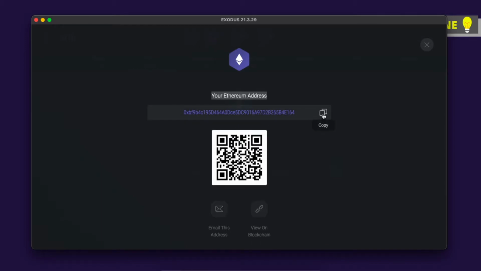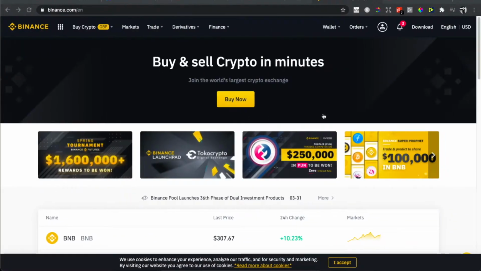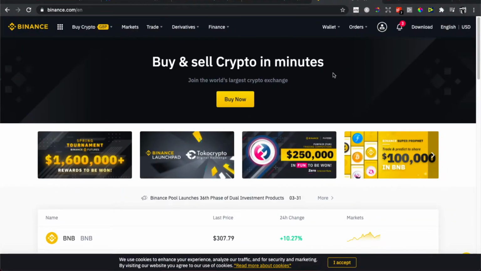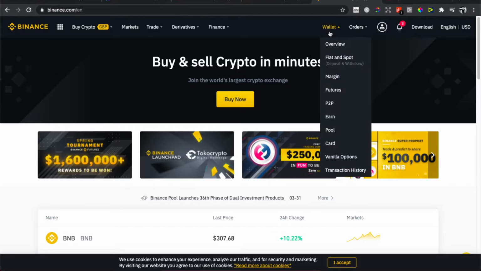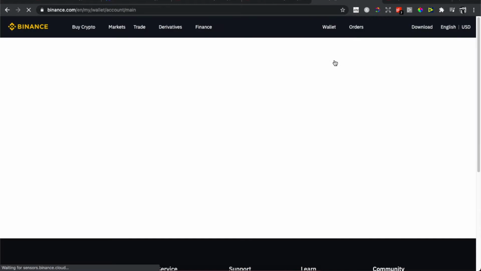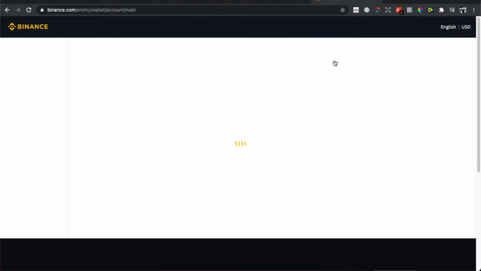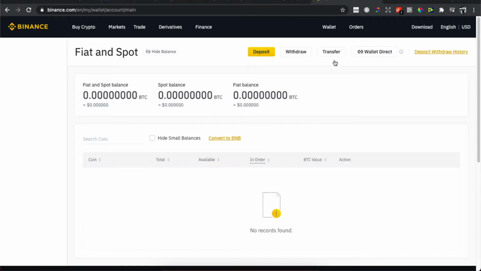What I need to do here is copy it, and then I need to go back on Binance, and as you can see on the top right corner there is wallet. Just hover your mouse, and the pop-up shows up, and then you need to press on fiat and spot, the second option, and then you will be redirected to another page where I will show you the next steps that you need to take in order to transfer your cryptocurrency from Binance to another exchange